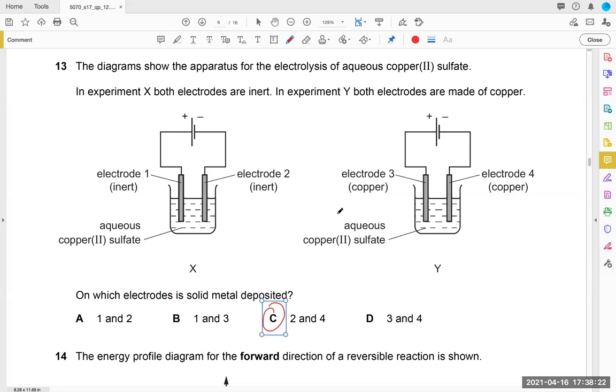Yes, the difference is that this will decolorize after a while because the copper in it will be moving towards electrode 2, which means there is less copper ion left over. But over here, that copper will come from the electrode into the solution, replenishing the copper ion. So its color will be maintained. This will stay blue, but electrode 3 will lose its mass. There, its color will change.